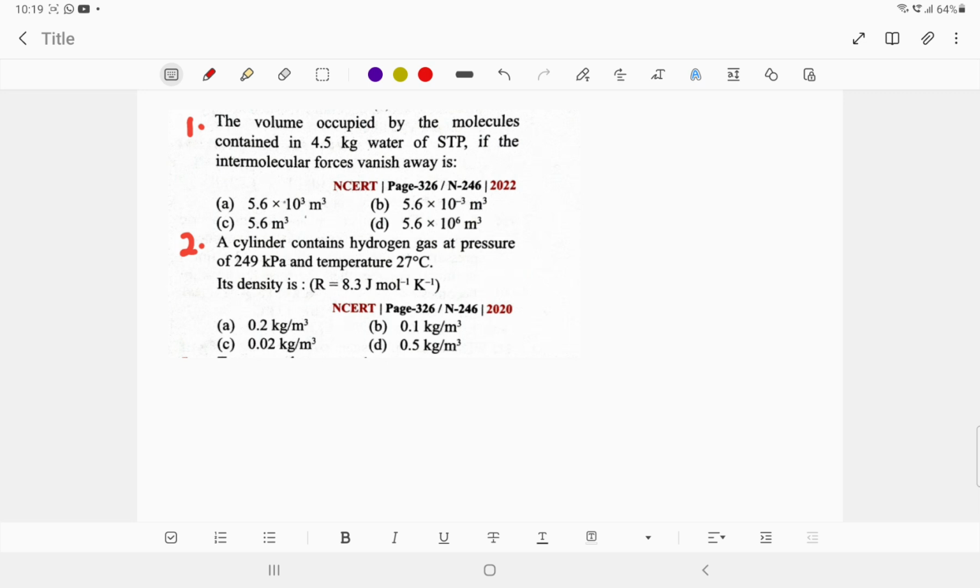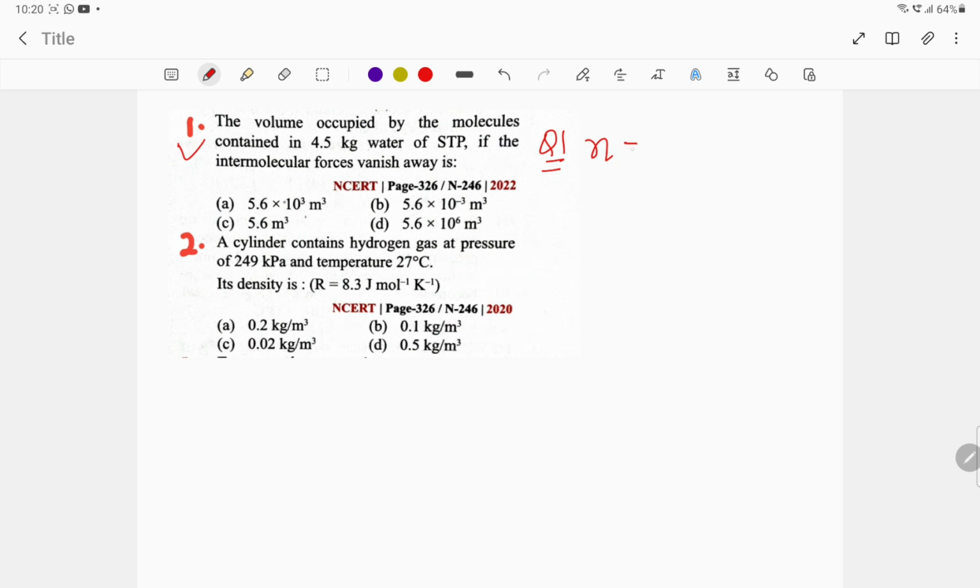बच्चों, यहाँ पे मैं आपका काइनेटिक थ्योरी ऑफ गैसेज जो चैप्टर है उसके कुछ क्वेश्चन जो कि असाइनमेंट में मैंने आपको दिए हैं, उसका सॉल्यूशन मैं आपको दे रहा हूँ। क्वेश्चन नंबर 1: The volume occupied by molecules contained in 4.5 kg water at STP, if the intermolecular forces vanish away, is. So we know that number of moles of water molecules n. So क्वेश्चन नंबर 1 को अगर हम सॉल्व करें तो नंबर ऑफ मोल्स n, जो नंबर ऑफ मोल्स ऑफ वाटर